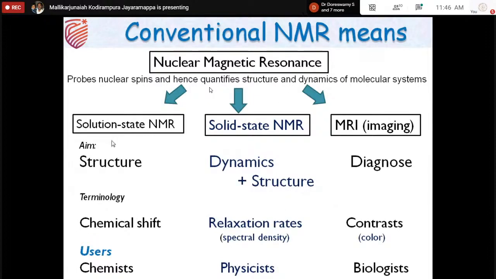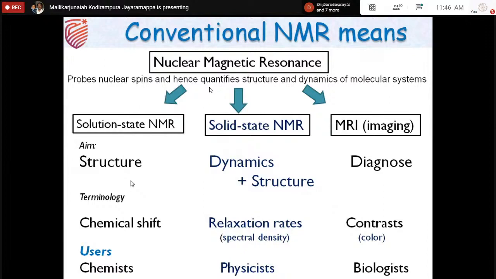In solution state NMR, the aim is to find out the structure of a given compound. Whenever we prepare a compound and want to analyze its structure, we use certain terminology called chemical shift. Usually this technique is used by chemists and biologists. Only recently, for some glass systems, even physicists have started using this chemical shift interpretation